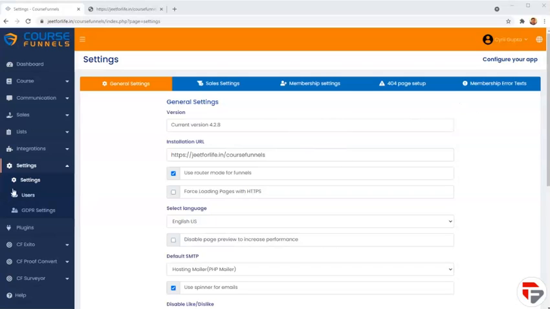So here we're going to the settings menu. Inside of settings, you will find a lot of powerful settings that you can set up to make your courses better. Like we've got a URL, you can install CourseFunnels to any URL, you can put it on the main website. But if your main website has multiple courses, you want to make multiple courses on one website, CourseFunnels fully supports that. You can install CourseFunnels in a folder, and you can have multiple folders for all of your courses. So this is something that many people don't give you. Actually, nearly none of them give you. They ask you to host one course per website, but in CourseFunnels, you can host multiple courses on one website,